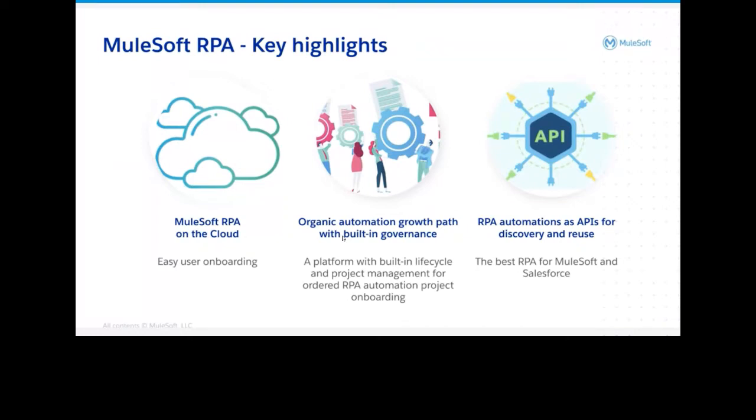Then the third most important feature of this RPA, and I think this is the coolest feature, and I'm sure most of our developers and people who are working hands-on will be very excited to know, is that this entire RPA automation that you implement, you can actually publish as a REST API to Anypoint Exchange, and then consume that API in your Mule applications or Mule APIs. So basically, you have end-to-end automation, right? It's a very exciting feature, which we will see when we do the demo.